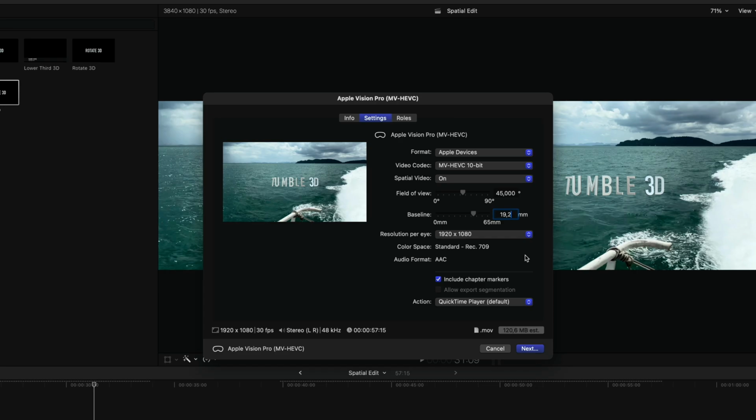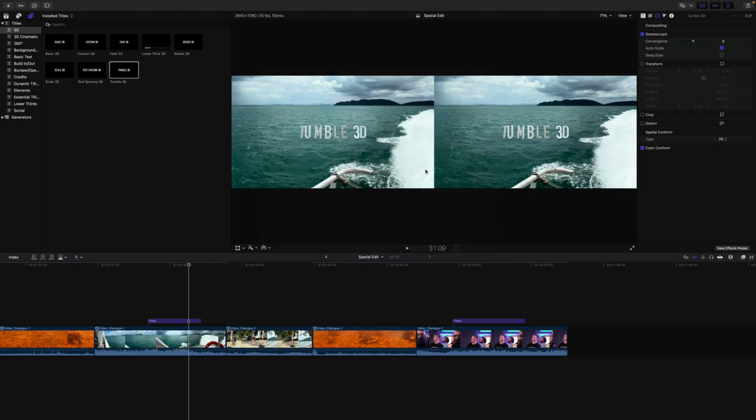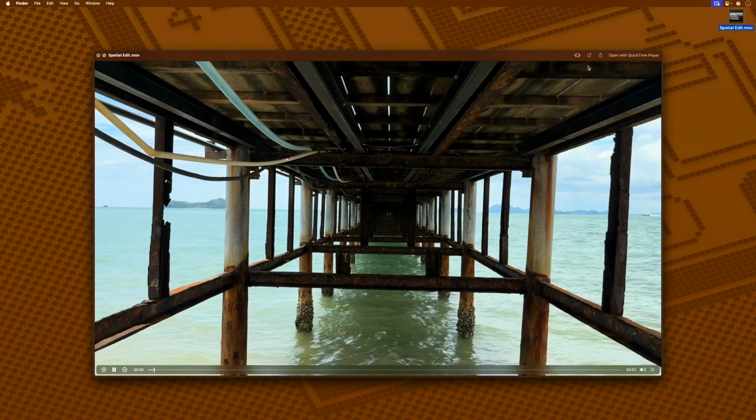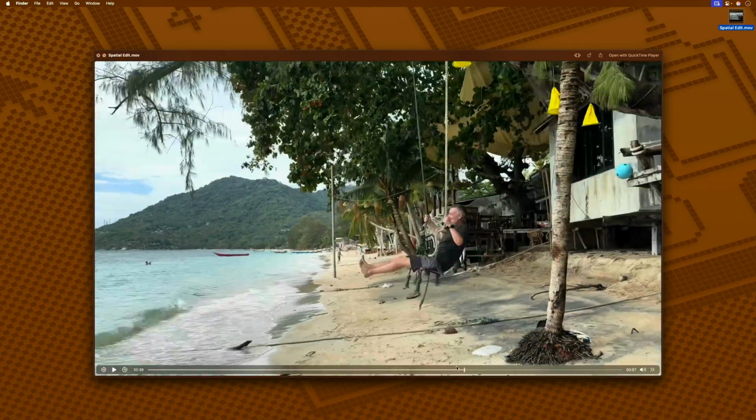A new little somewhat hidden feature, by the way, is if you look into the action menu at the bottom, you now have the option to add your clip directly to the Photos app once it's been exported. This makes for very easy access from your Apple Vision Pro after the fact, since it automatically syncs to the cloud, allowing you to immediately access it in the Photos app for Apple Vision Pro or any other device with access to your Photos library, saving you an extra step if that's what you'd like. Once finished, I can open it as any other clip in the QuickTime Player or whatever app I have, for example, the Photos app, should I have chosen to save it there.